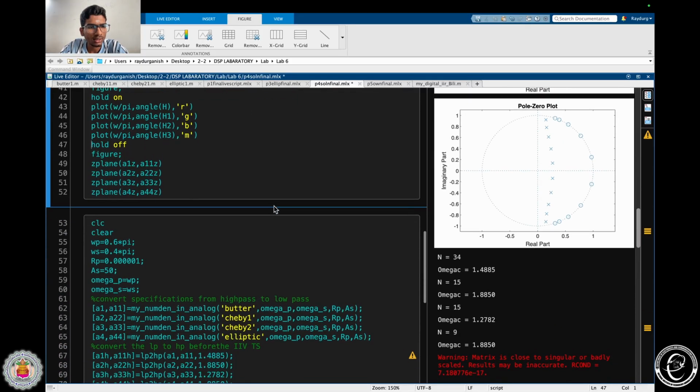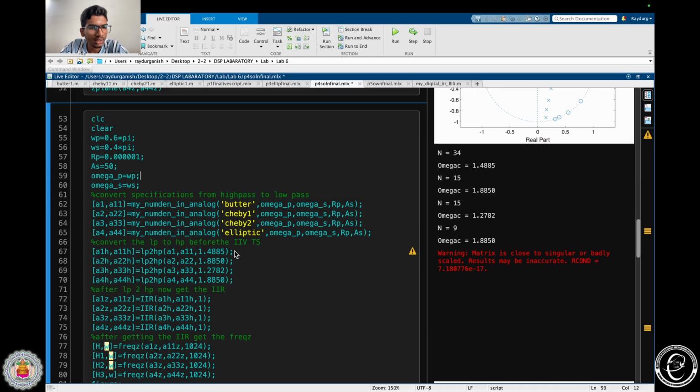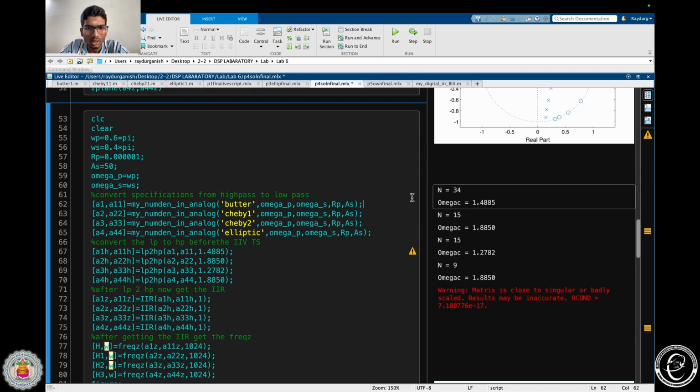Now if we want to design the same high pass using the impulse invariance method, the only change we will be doing is in the conversion of low pass to high pass in the analog domain: instead of omega p cap, here we will be using the cutoff frequency. This output is corresponding to this function. It gives the order and the cutoff frequency of the Butterworth, and the second one is Chebyshev 1 and Chebyshev 2, and the third one is elliptic. I have manually entered these values from here to here,